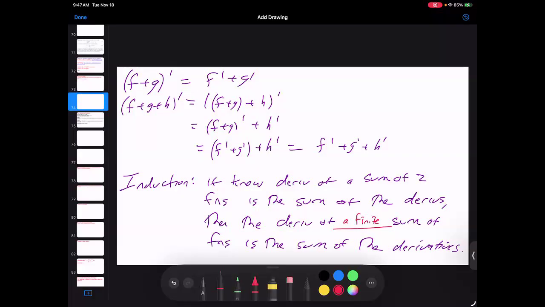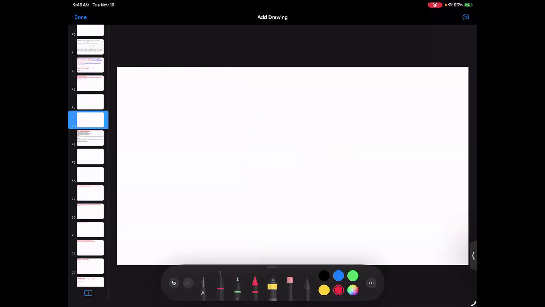Should the derivative of an infinite sum be the infinite sum of the derivatives? Can we just take the limit? For any finite number, we're okay. So should we all be okay in the limit? So let's consider